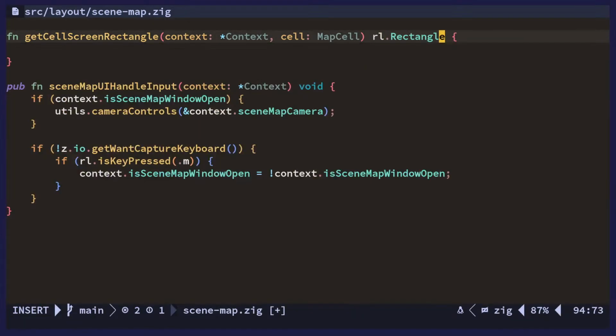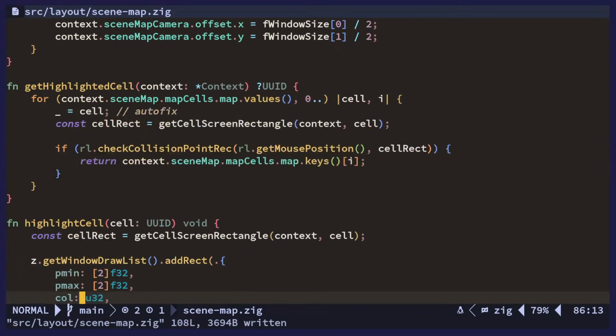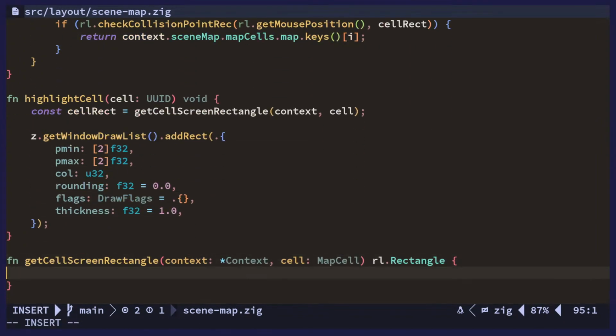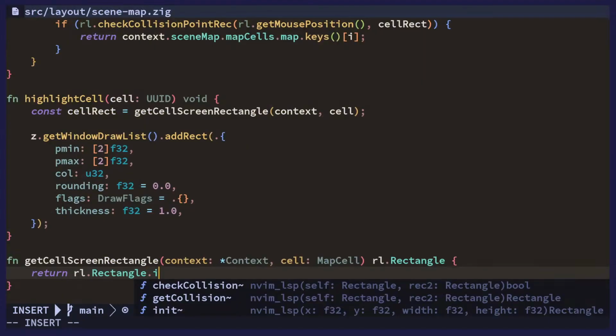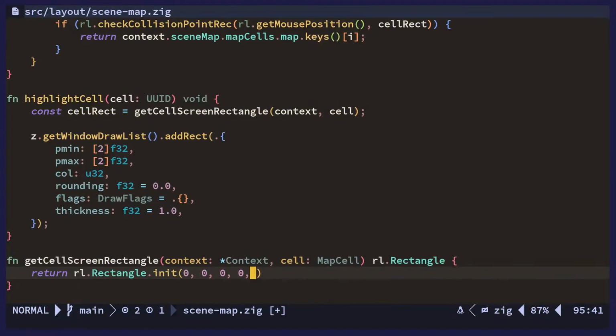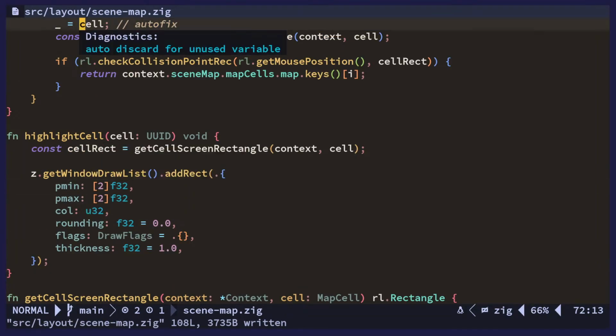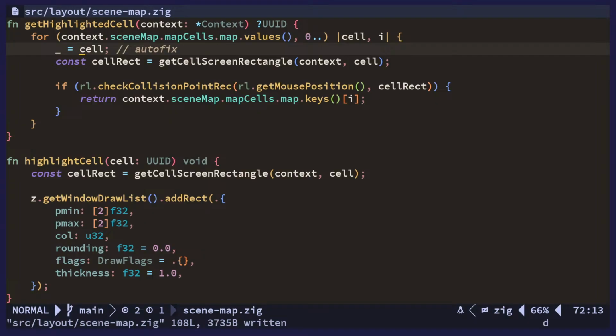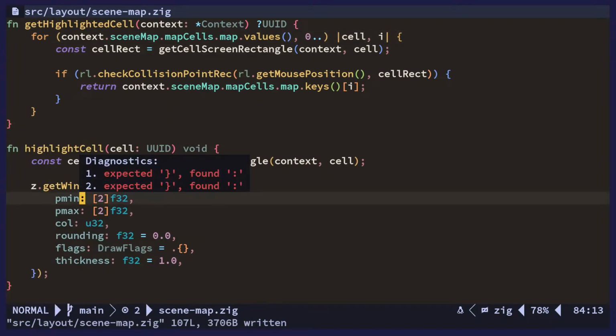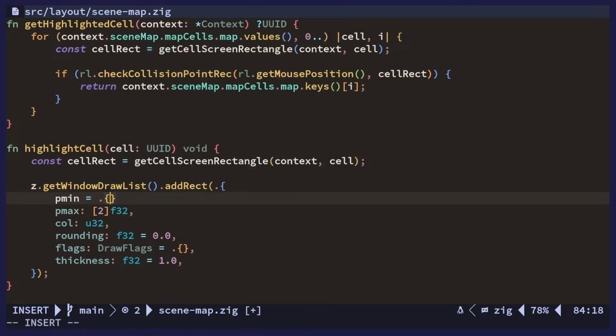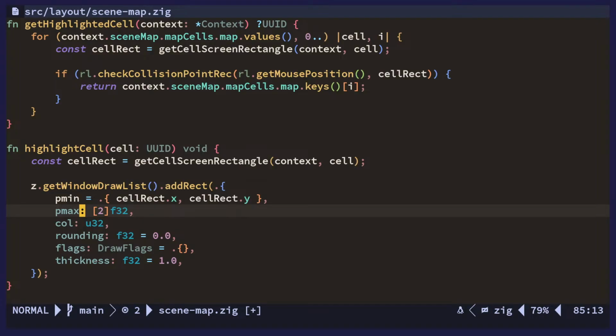Right, and then we'll return a rectangle. All right. Now, the min will be x and y, and the max